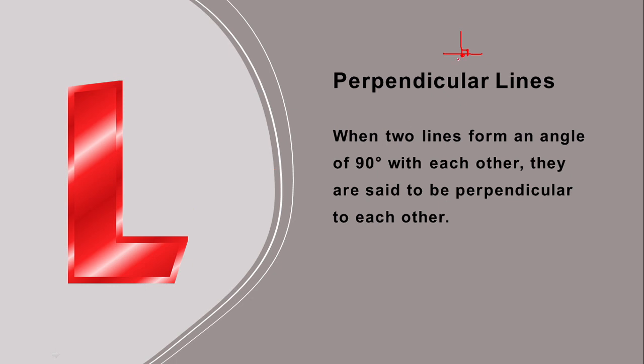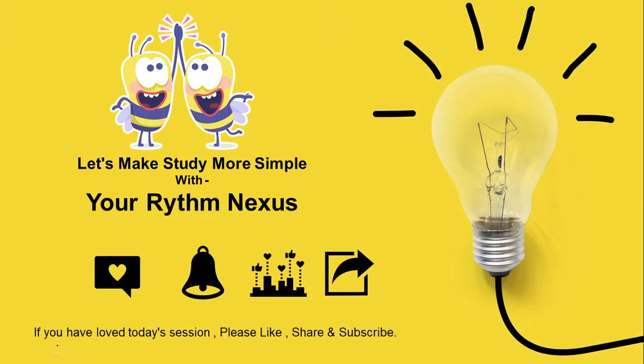So the best example is this inverted T. You can take a straight T also, it forms a right angle. Then L, if you see this, where this is one line and this is another line, where they meet they form a right angle. So this kind of lines, where they meet and they create a right angle, they are termed as perpendicular lines. I hope children, everyone has got it clear what are the various types of angles and what are the different types of lines.